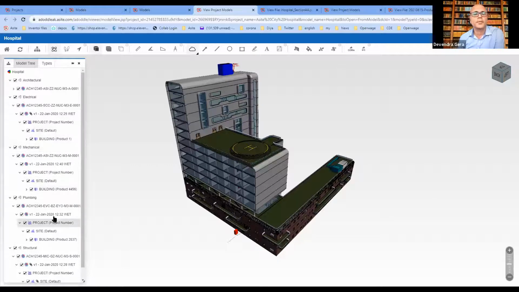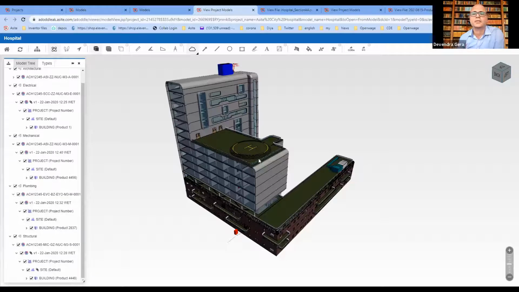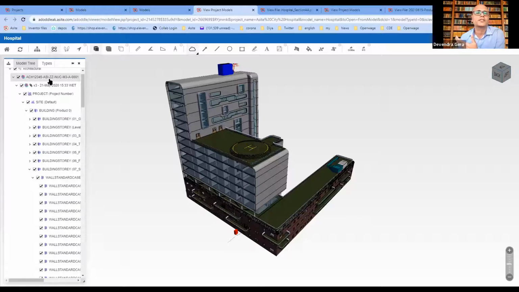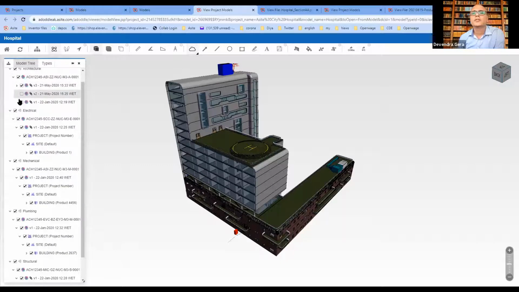So this model is pretty heavy, and it's collecting data from a lot of revisions. And then each work set can have what we call a document reference, which is like a unique model file, which then can have multiple revisions. So you can turn on and off a particular revision.